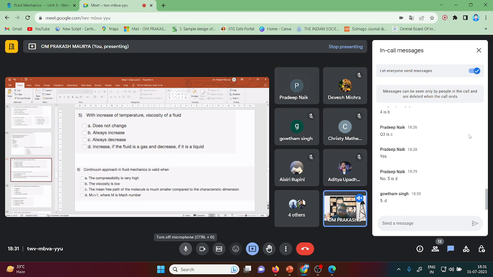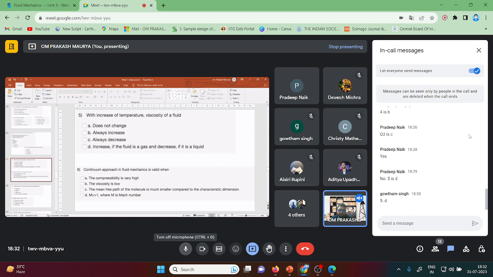When you increase the temperature in the case of a gas, the random motion will increase, and as you know, viscosity depends on the random motion, so definitely in the case of a gas it will increase. So option D. For question number 5, the correct answer is option D. That is correct. And for question number 6,